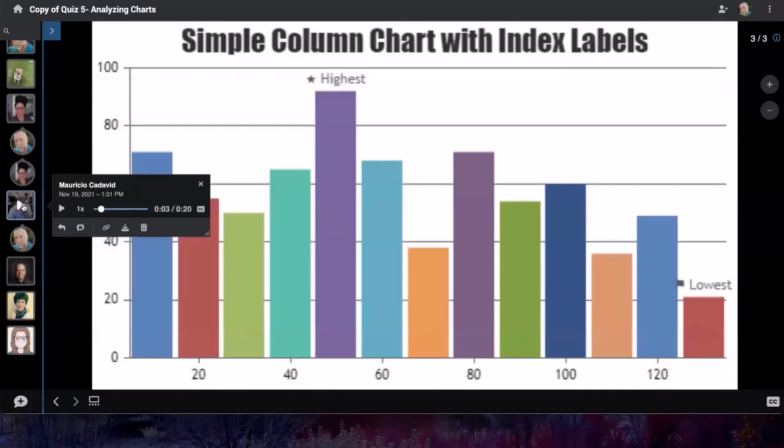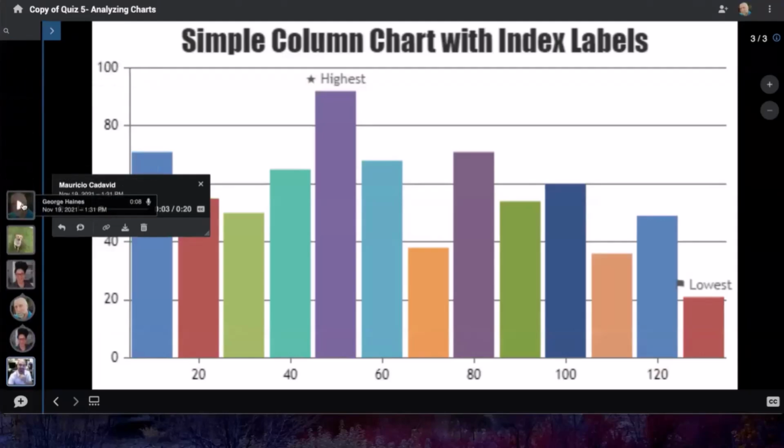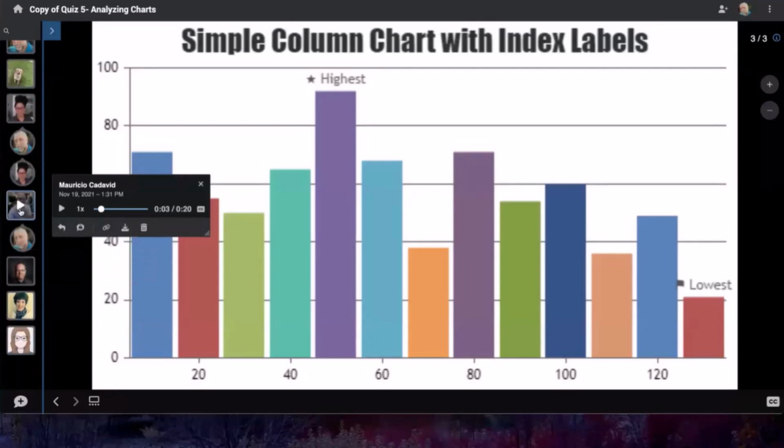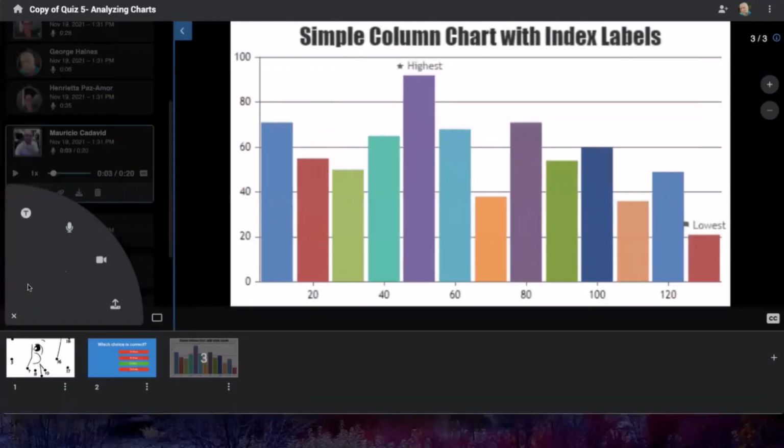So in this example, if I ask a question to everybody, I want to hear their individual responses. So we're going to start our threads based off of their response. I can see Junko, I can see Henry's comment, I can see Mauricio's comment, and they record their comments just by clicking on the plus sign and recording them.